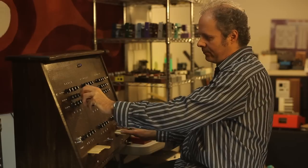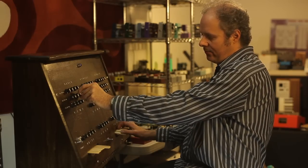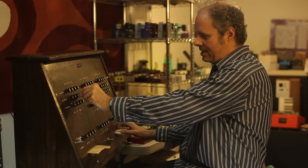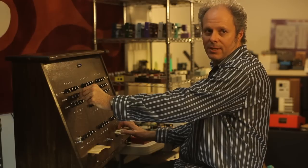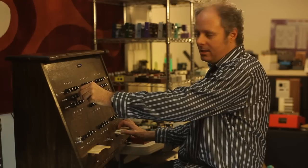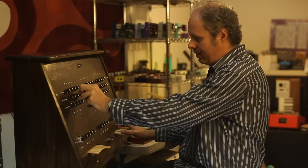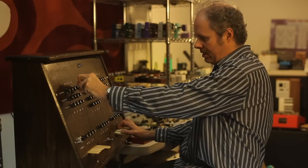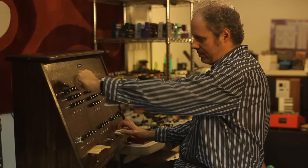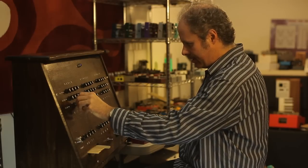I'll turn these other voices down. Now here it's pretty much mostly on and just being cut for a very short amount of time compared to the time that it's on. And here is the reverse, where it's off most of the time and just allowed to come through in very short little clips. So it's kind of a pulse width control. So between the depth and the pulse width and the tempo, you can get some pretty interesting effects. Now if I turn up the depth on the third and the root and the bass,